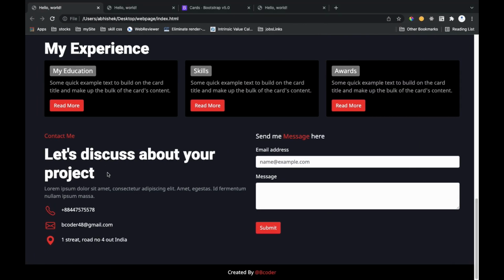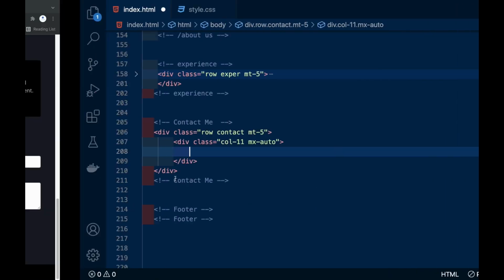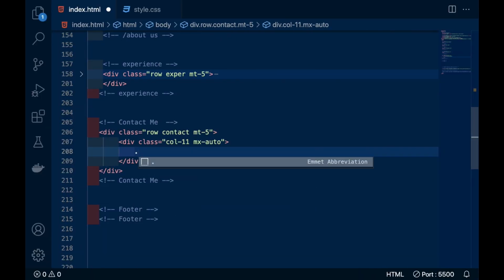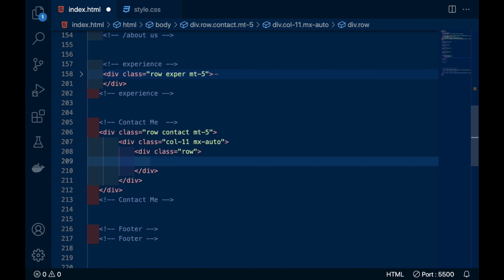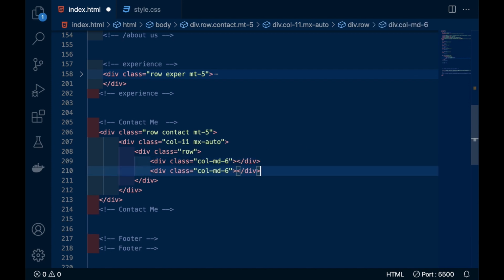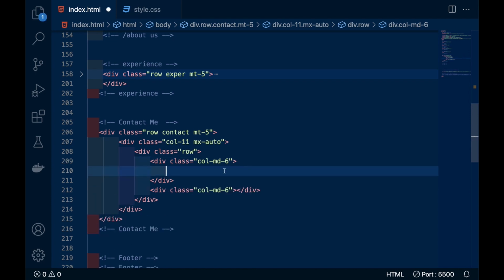Inside this there are two sections. Divide the section once again, take one more row and inside that a column of md-6 and another one. You can see how easily you can divide the screen in two parts or any proportion you want.